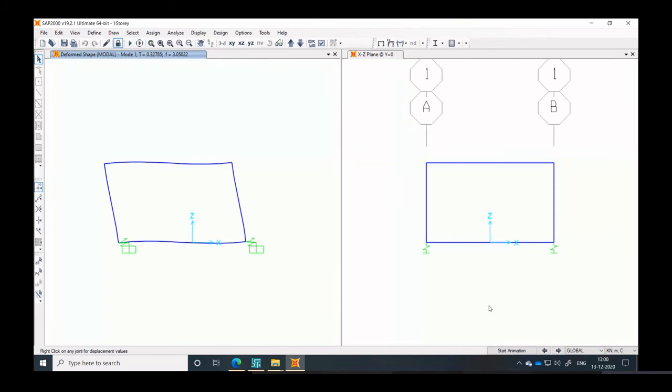Significant reduction, right? And what you're seeing now in the first mode is superstructure deformation as well. If you remember, in the first analysis the superstructure was almost moving as a rigid block, no relative deformation. But in this case, you are seeing that the isolator is deforming and the superstructure is also deforming in the first mode, which points towards increased contribution of the superstructure response in the first mode. So it is not purely an isolated mode anymore.